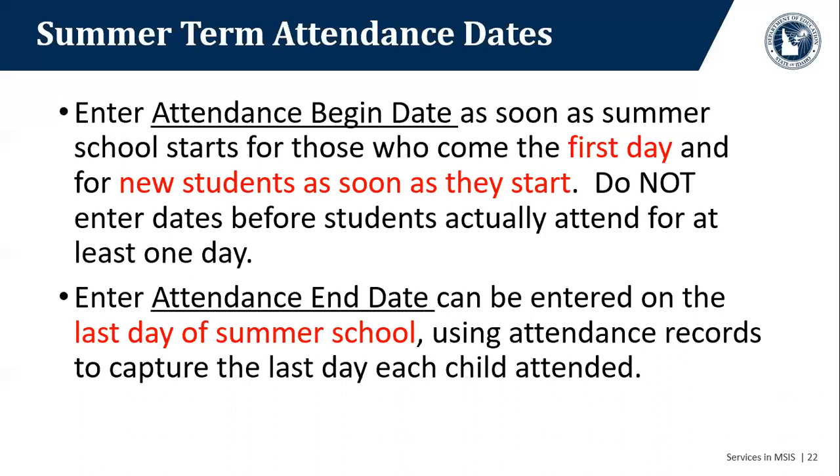But when you enter them, enter from your attendance records the last day the child attended. And it doesn't matter if they attended continuously. So if you're thinking, well, he was here on the 3rd, and then he was here on the 20th, but he missed 6 days in between, that's okay. First day, last day, that's all that matters for this. We're not looking at the amount of attendance. We're just showing that they have attendance dates because we have to prove that they were eligible on at least one day that they attended.